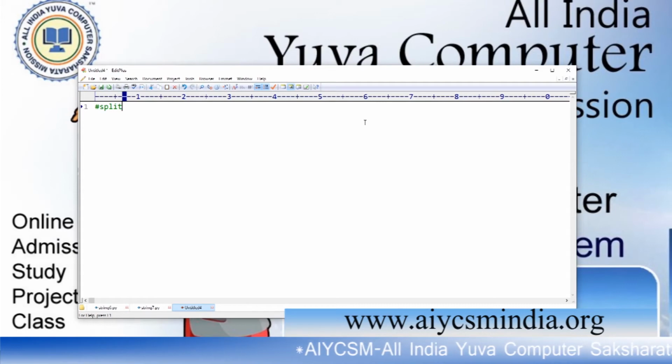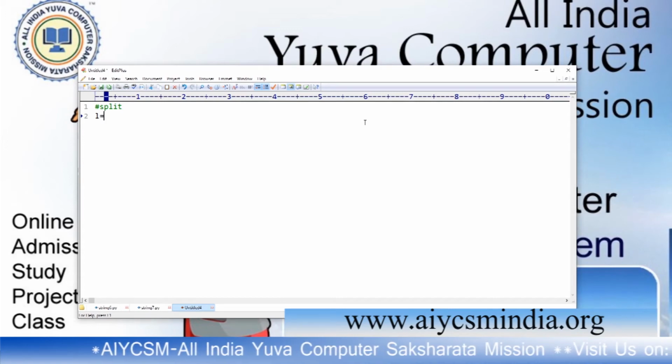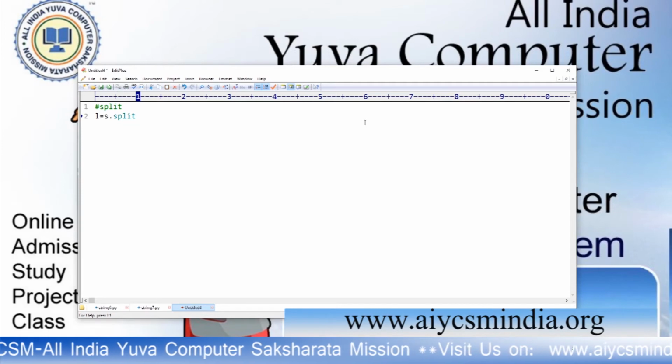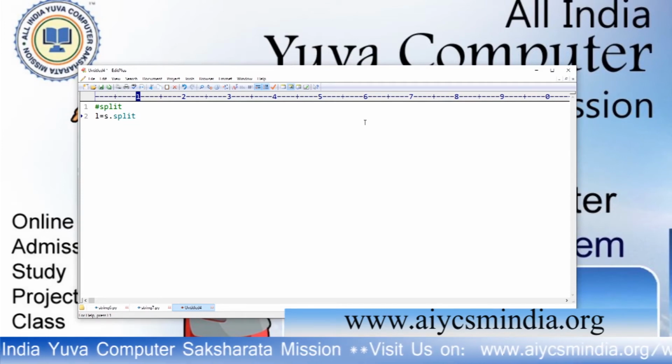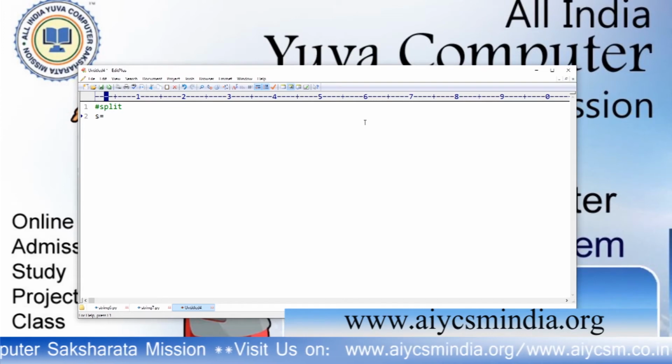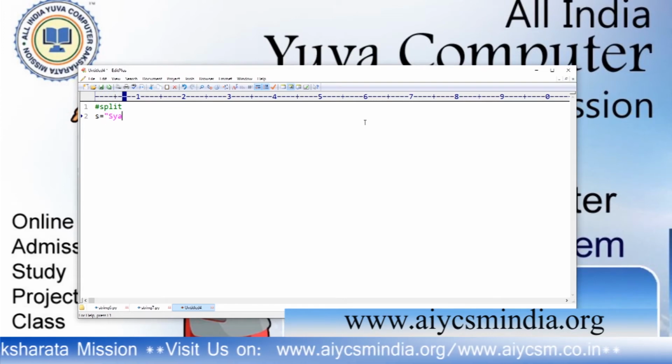Okay. So, if I take a variable s, and s dot split, if I take s is equal to a string.